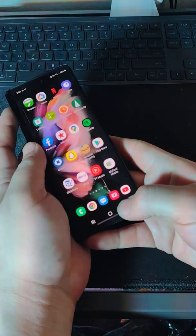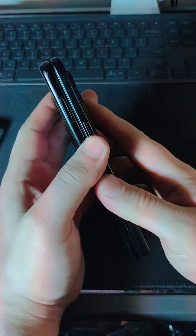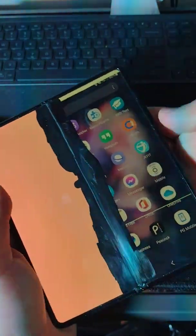As you can see down the middle, there's this big crack. As you can see, the screen is also starting to lift. Not sure if it's the screen protector that comes with it or the whole screen is peeling, but it's happened right there. And you can kind of see it cracking from, not sure what that is. Pretty sure it's on both sides. And if you kind of fold it, you could